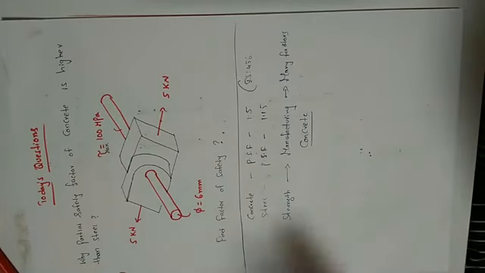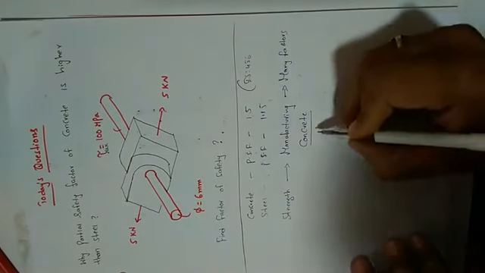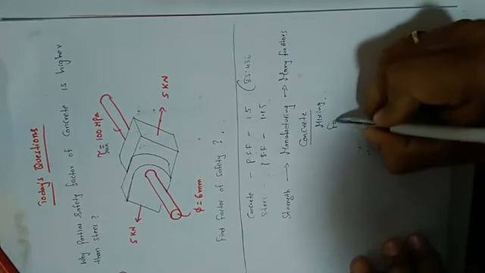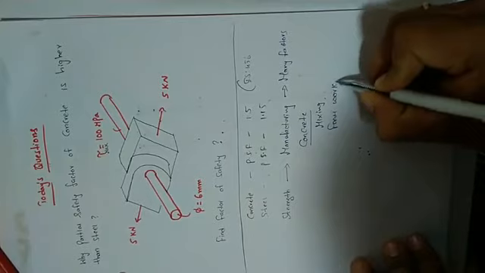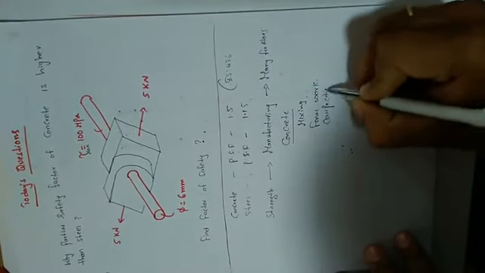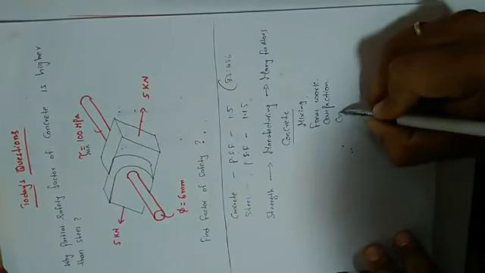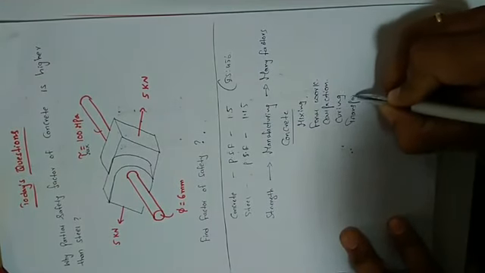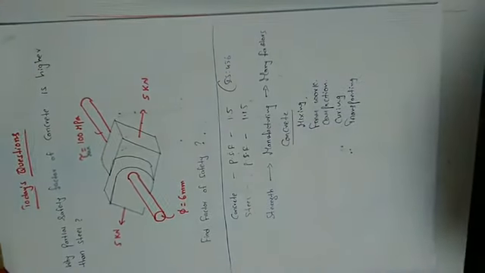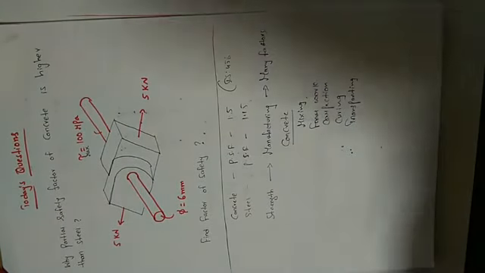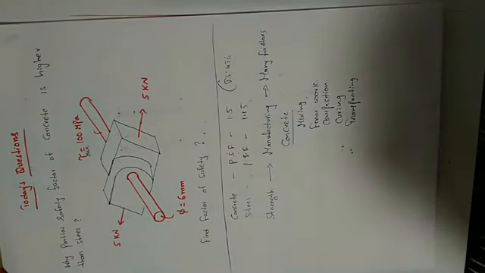Okay. So what is the major thing in that? It always depends on mixing, how we mix, and it depends on formwork, for which formwork you are using this concrete. It always depends on compaction, how well you are compacting the concrete, how you are curing the concrete, and how you are transporting the concrete. Okay, these are the major factors involved in manufacturing of concrete. So these factors are affecting the strength of the concrete, right?